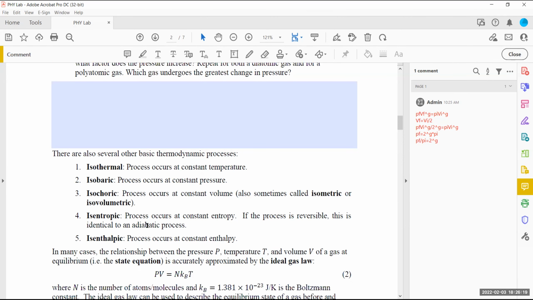Isentropic process, which is called an adiabatic process, is a process where the entropy doesn't change. Okay, this is the one that we talked about. This is the whole lab. It's about this process, really. And then there is an isenthalpic process where the enthalpy does not change. So what in the world is the enthalpy? The enthalpy is another form of energy that basically is defined as the internal energy of the system plus PV. So it's U plus PV that becomes the enthalpy H.